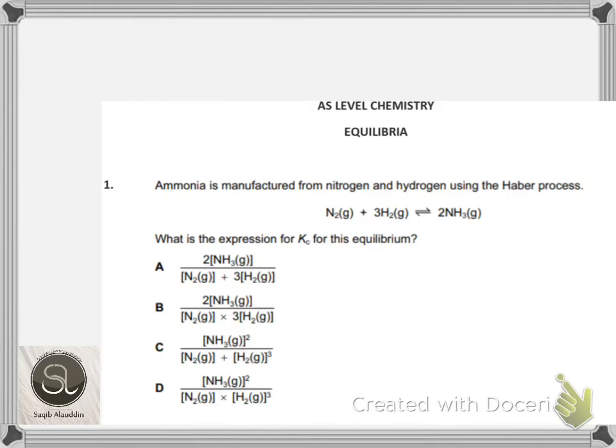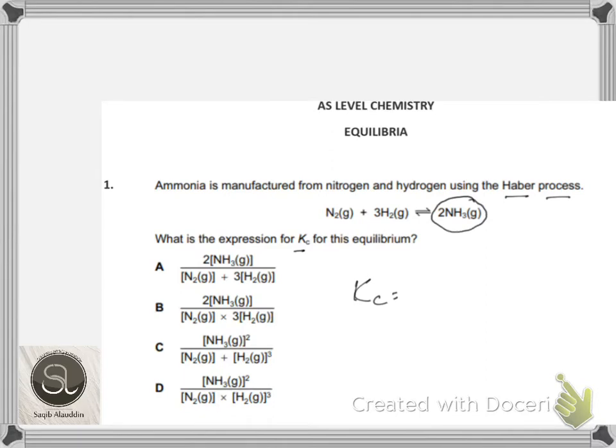Okay, question number 1. Ammonia is manufactured from nitrogen and hydrogen using the Haber process. The equation is given. They ask, what is the expression for Kc of this equilibrium? Remember, Kc is the concentration of the products